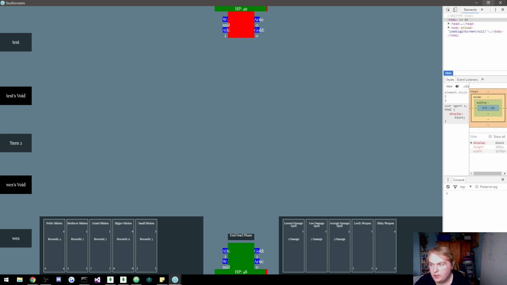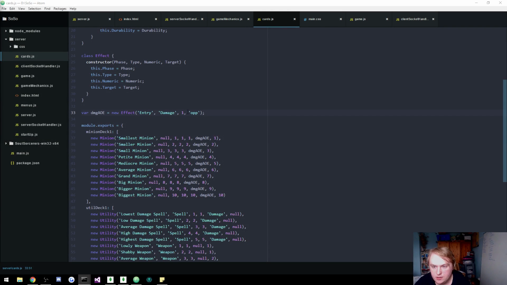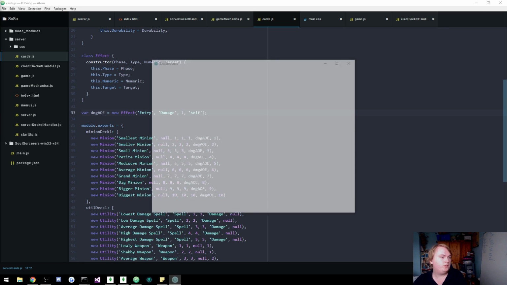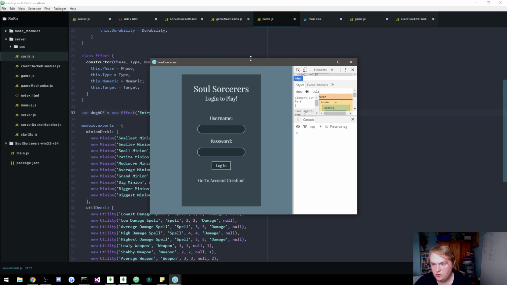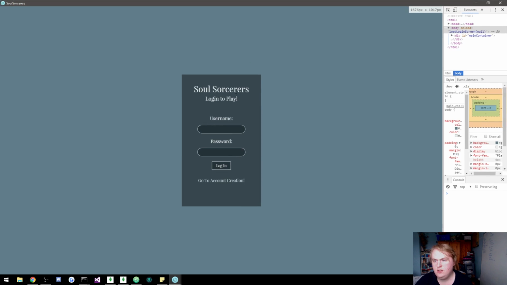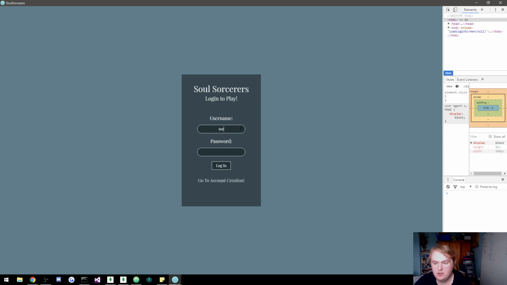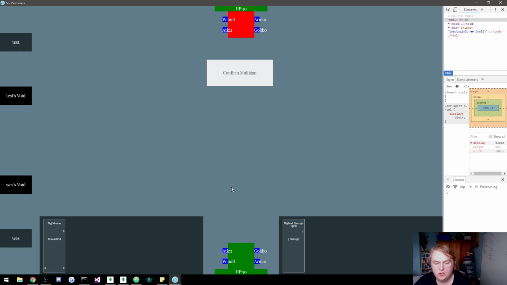So what we now will check is if we deal damage to ourselves or to the person that kills the minion. So this could be a mechanic where a very strong card will deal extra damage to the user